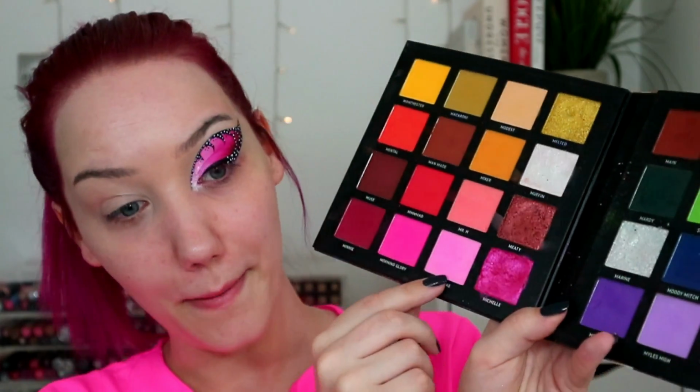I'm just going to prime it with my Revlon Candid. Make sure to take it all the way up here. Smear it about. Smear is not a great word, is it? So yeah, I've already done this side. I wasn't actually going to film today. I was just playing, and then I thought, you know what, you're in not that bad a mood, so just film. So that's what we're going to do, and I've done this side obviously all warm toned. I used the shades Milkshake, then Morning Glory, then Mini, and Muffin for this side,